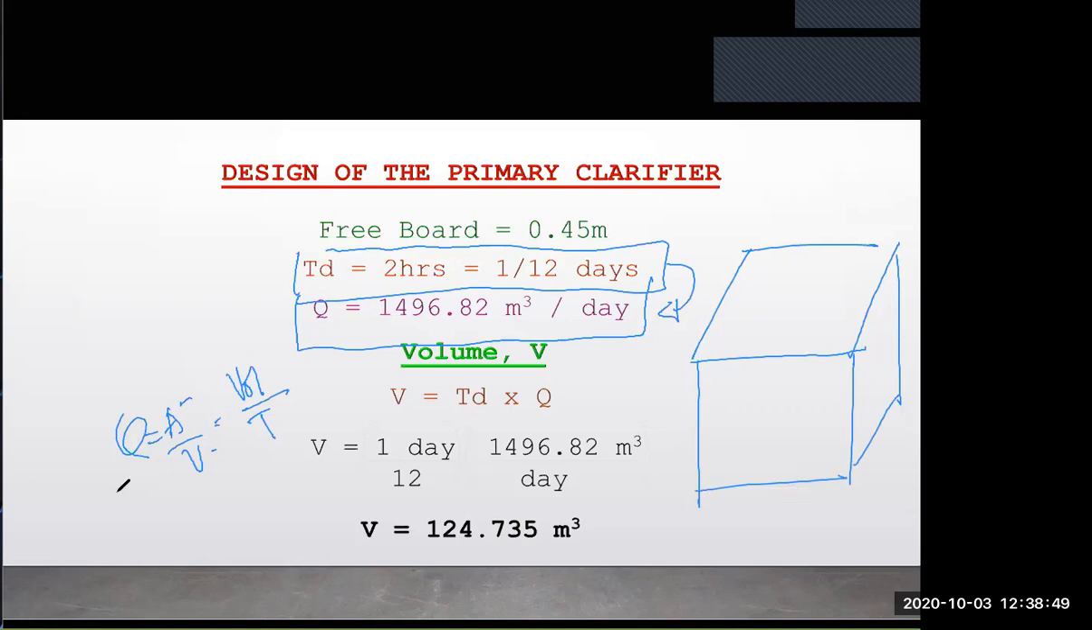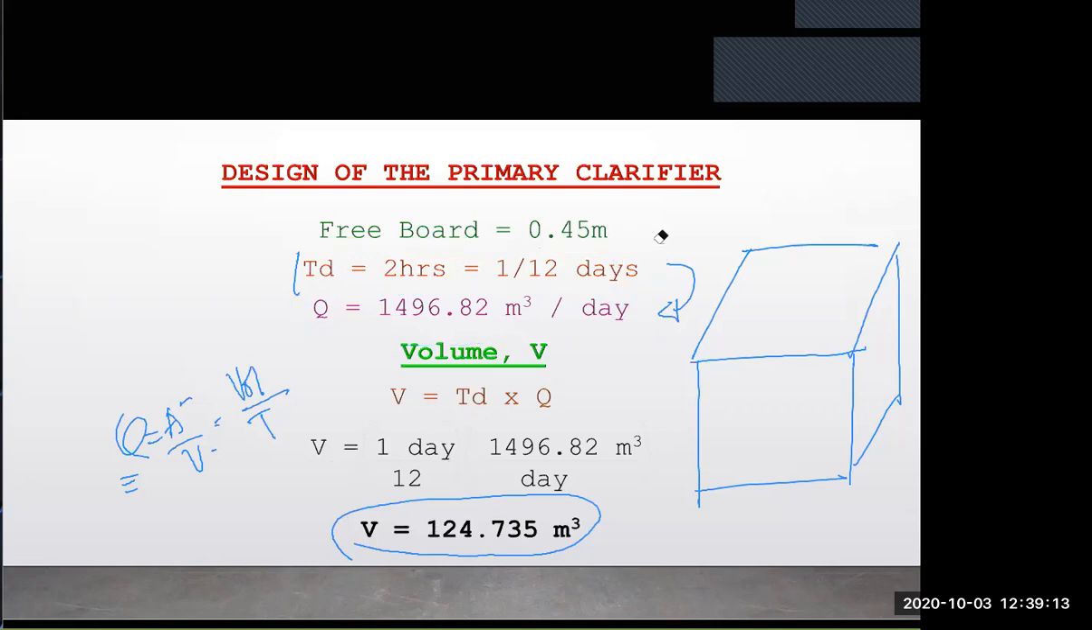Hindi ko kailangan ng discharge sa pag-compute ng dimensions. I need the volume. So, you have Q, you have T, so you can already compute for your volume, that is 124.735 cubic meters. Okay? If you have substituted it properly, then you get this value here. After getting the volume,